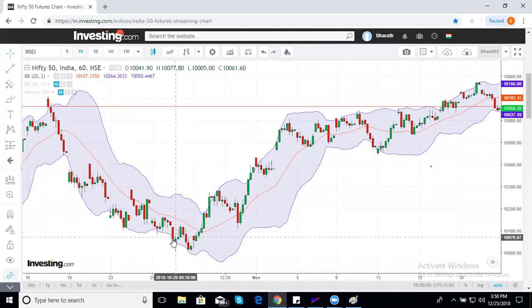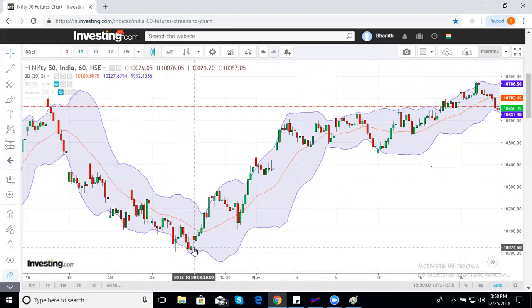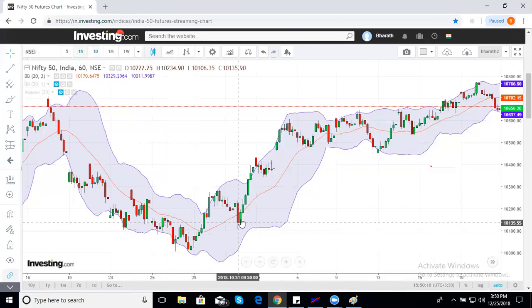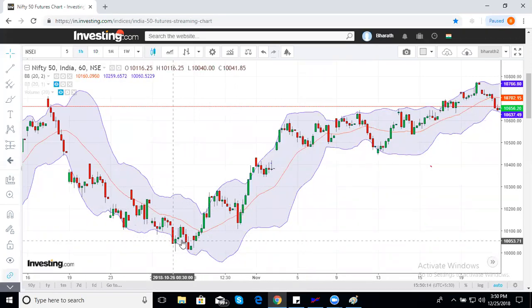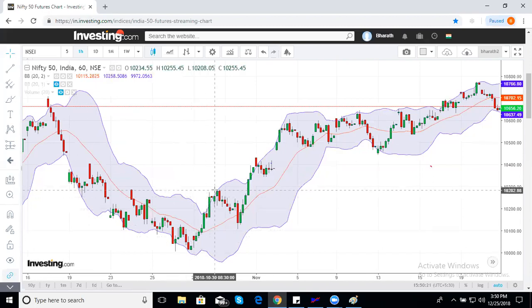See now what happens? This is outside inside, which is a W bottom. Goes out, comes back. It is taking support here. Right? So once I have an outside inside or a W bottom, what you anticipate is price to touch outside the upper band, comes back, and on the next dip you should see the middle band acting as support. That is your confirmation. Yes, the market is doing as anticipated. This is a re-entry. This is the re-entry for you.